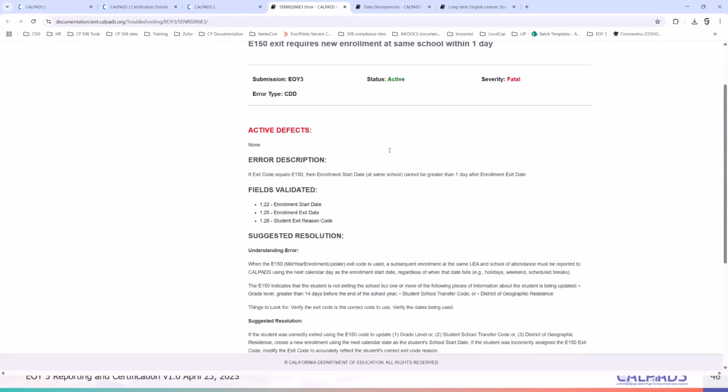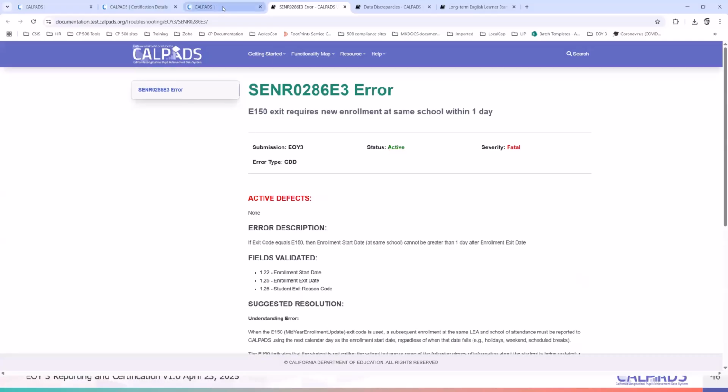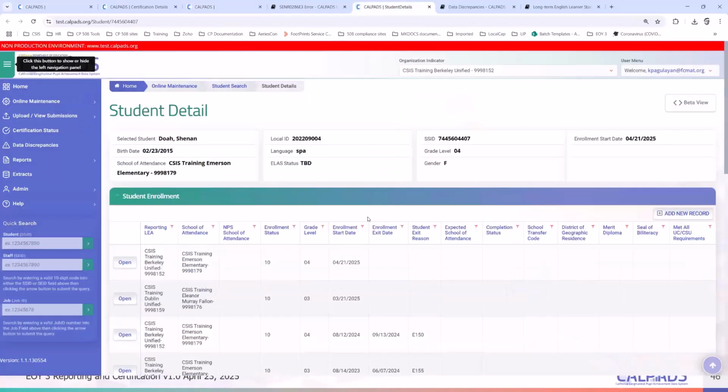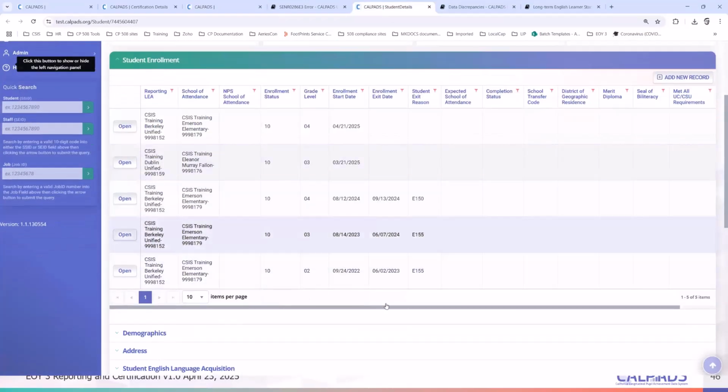Okay. All right. So let's resolve this student. SENR 0286E3, E150, exit requires new enrollment at the same school within 1 day. So I click on the SSID and I see this.